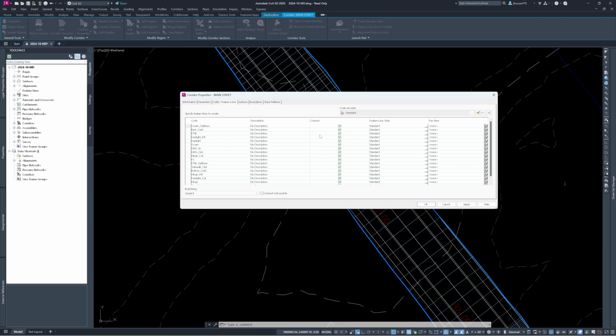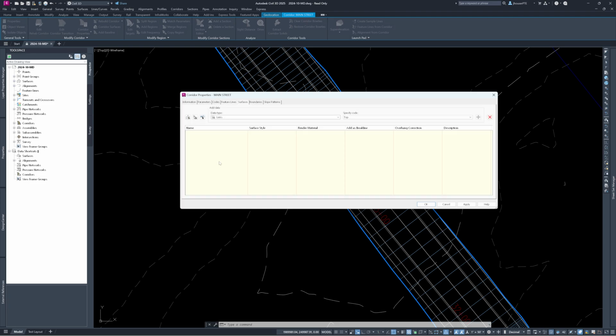And then surfaces. This is where I wanted to get to. Right now, this window is blank. In order to create a surface for your corridor, you first click on that little icon there. It creates this surface right here. Now, if that's all you did, it wouldn't show anything because you haven't added the information, the data, the definition of the surface. So typically it is based off the links. In this case, we're going to be using the top because we want our contours to be shown at the top of our corridor. I'm going to hit the plus sign, and that adds the top as part of our